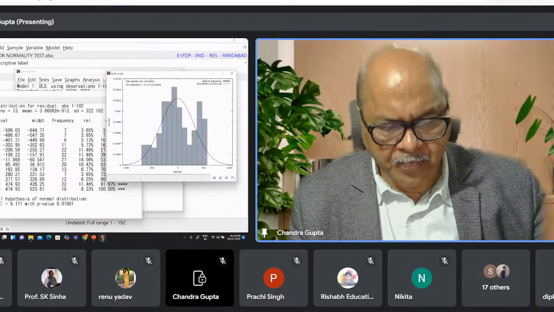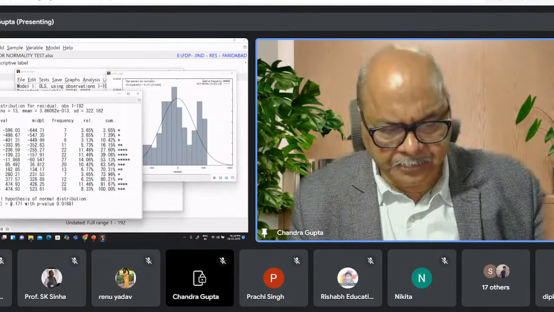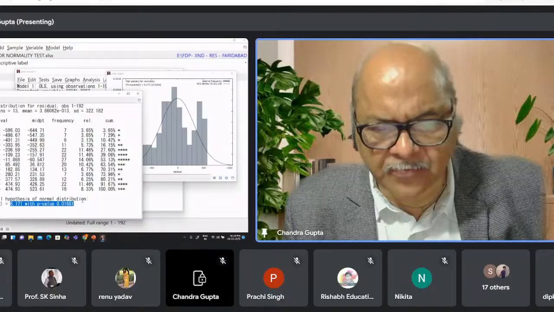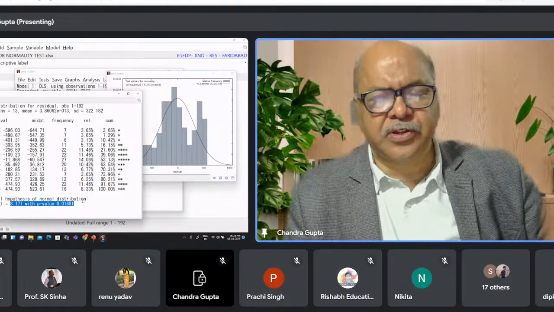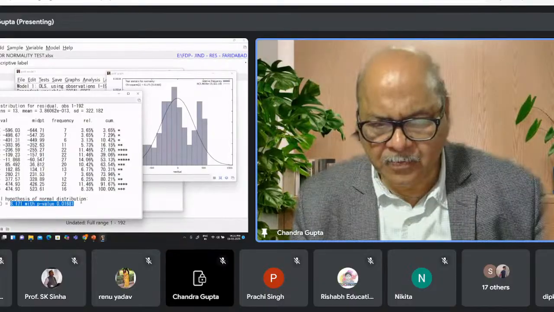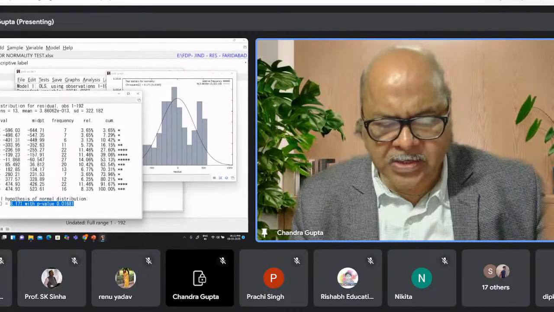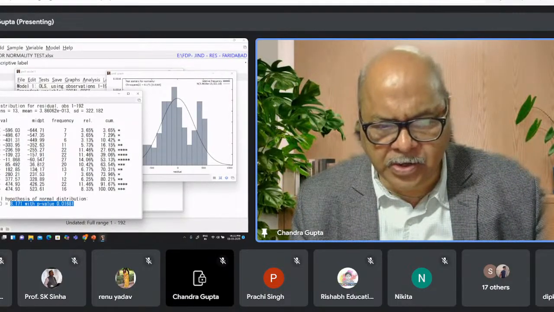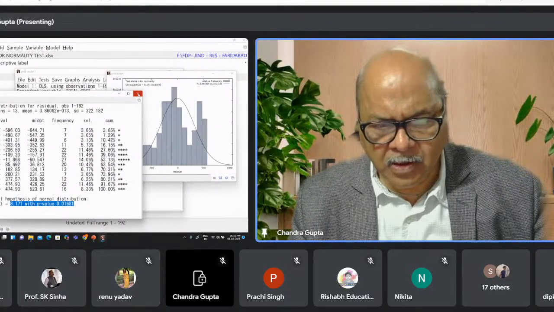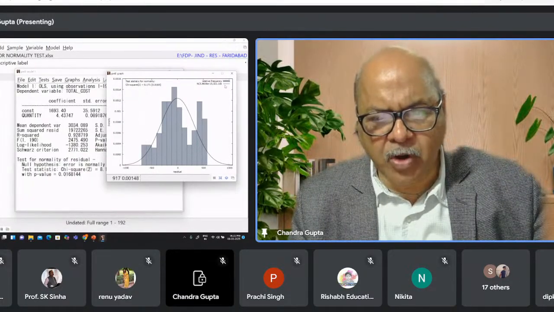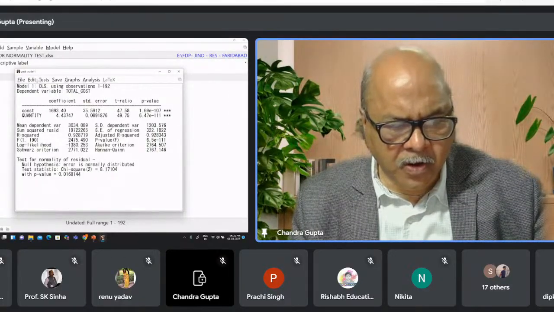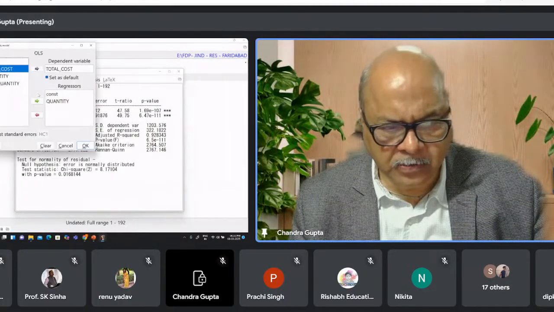And look at this p-value, which is less than 5%. That means the distribution is not a normal distribution. As I said earlier, one of the options is you can transform your data and run the model again. So for example, if I take log of quantity instead of quantity,